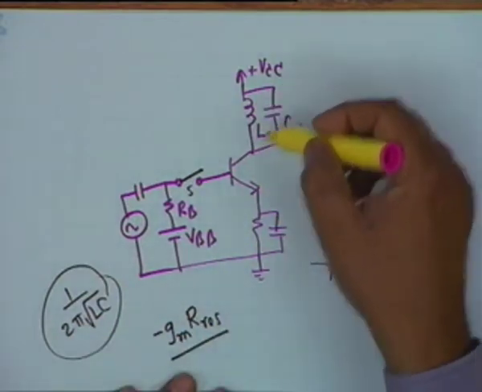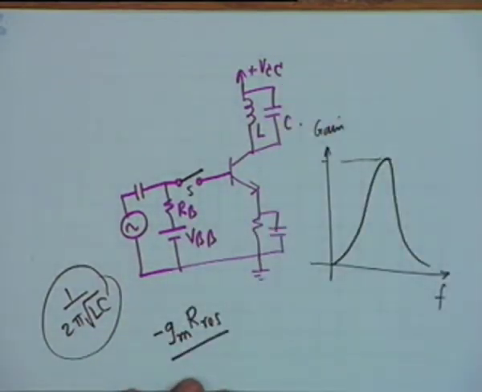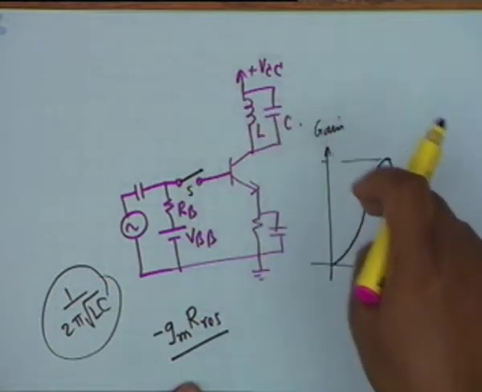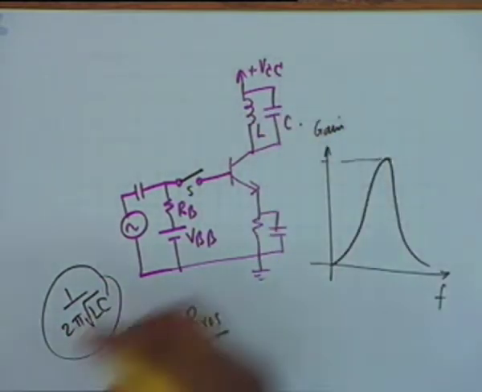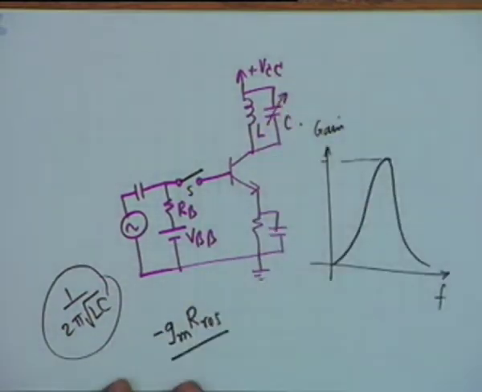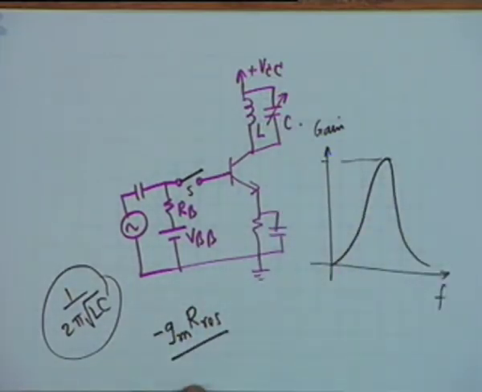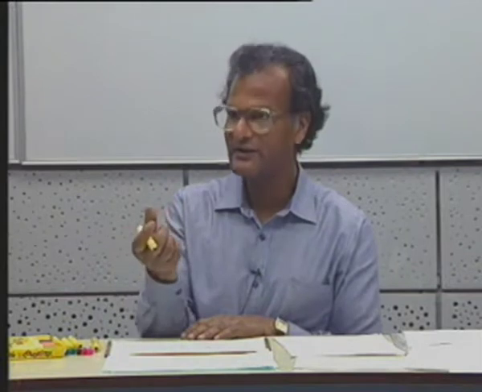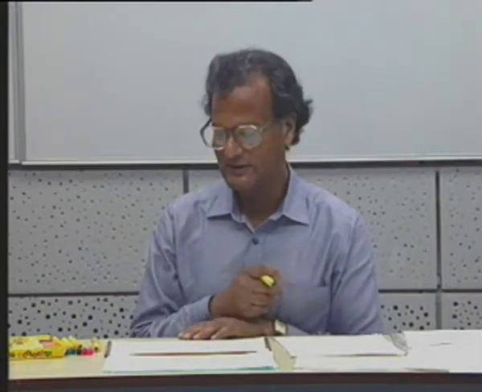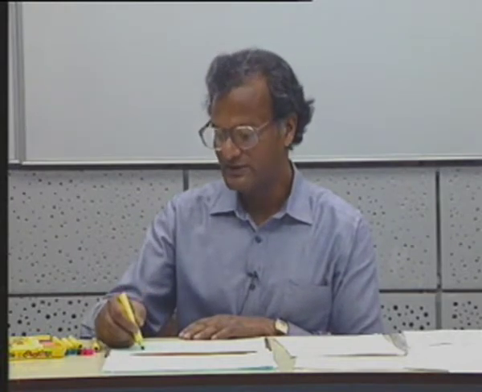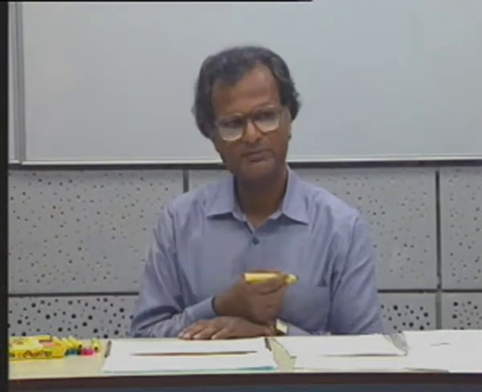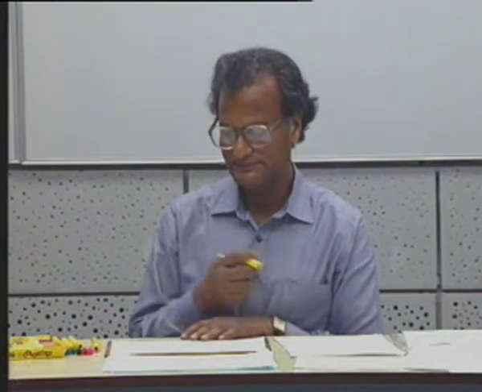Instead of a resistance, I have an LC circuit here, and the gain shall be maximum at the frequency of resonance. You know that if we vary the capacitance, then the resonance frequency can be changed, and this is what we do in the input stage of an ordinary radio receiver. We actually vary a capacitor so as to vary the frequency at which the gain is a maximum, and it is this frequency which shall be picked up by your radio, all right.